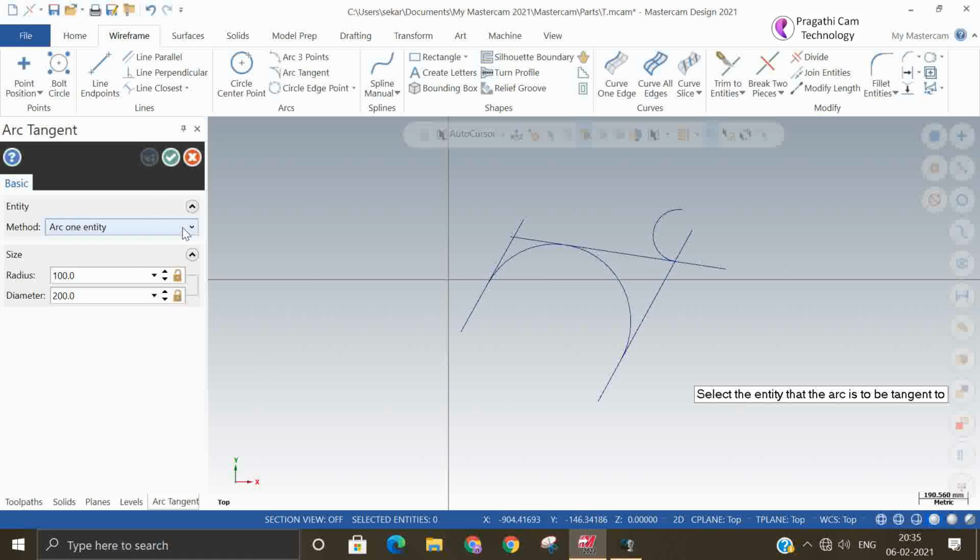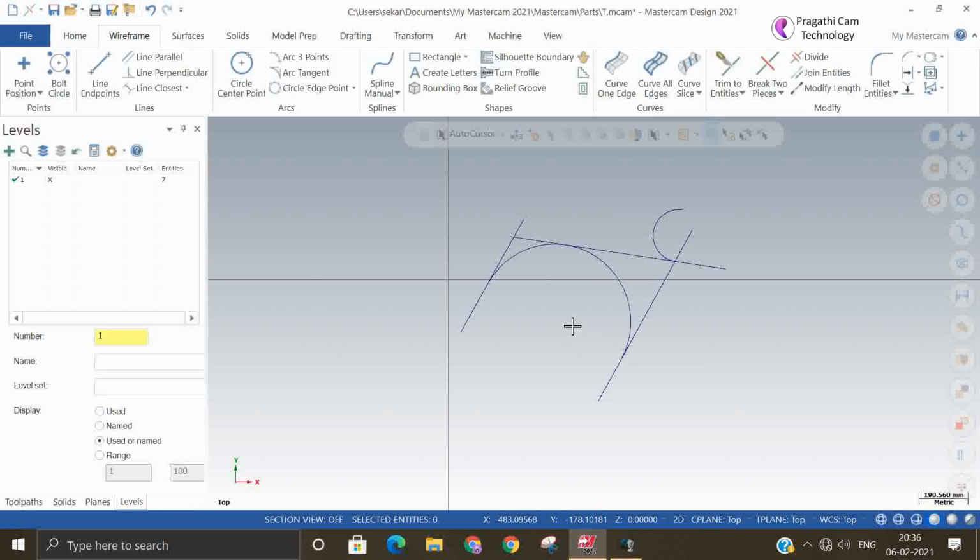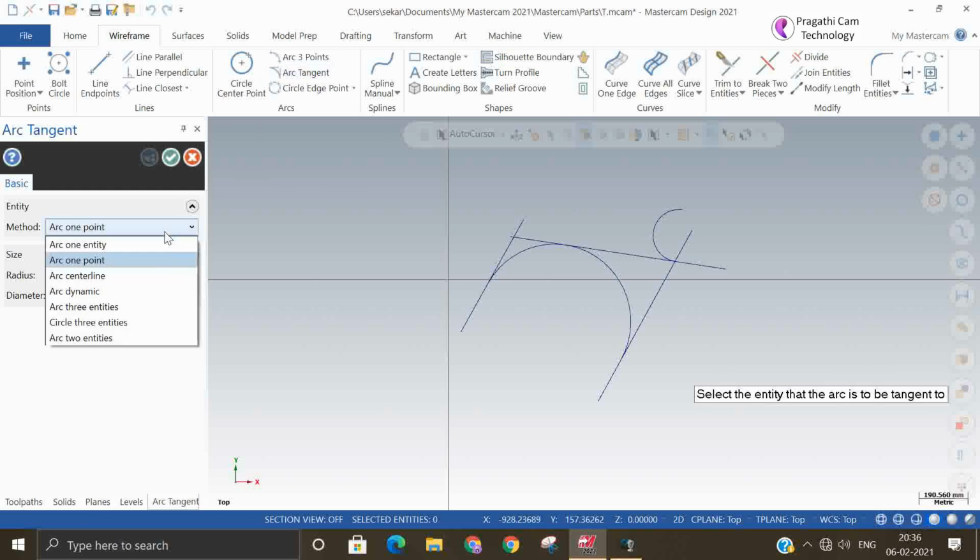So the next option is arc 1 point. This is a line through the point where you want to make the arc, and tangent to what. That means the point and tangent both are needed. I will come out of the command and then select tangent point, arc 1 point. This is the line.